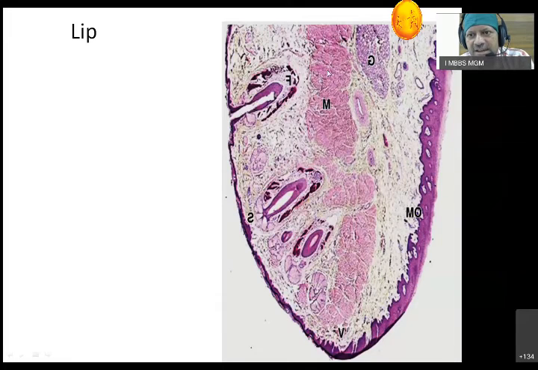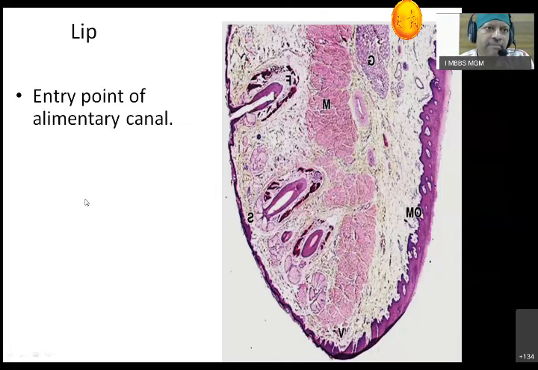Then we see the striated muscle in the center. Then I see the hair follicle on one side, and I see the velamentous surface. Or we see this, that is what we call the red of the lip. This red of the lip is usually devoid of hair follicles. It has a lot of blood supply. That is what we will talk about.